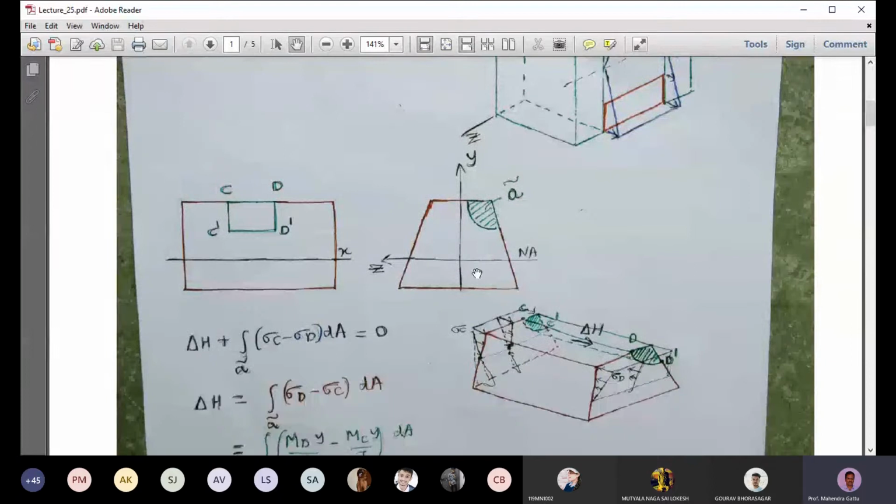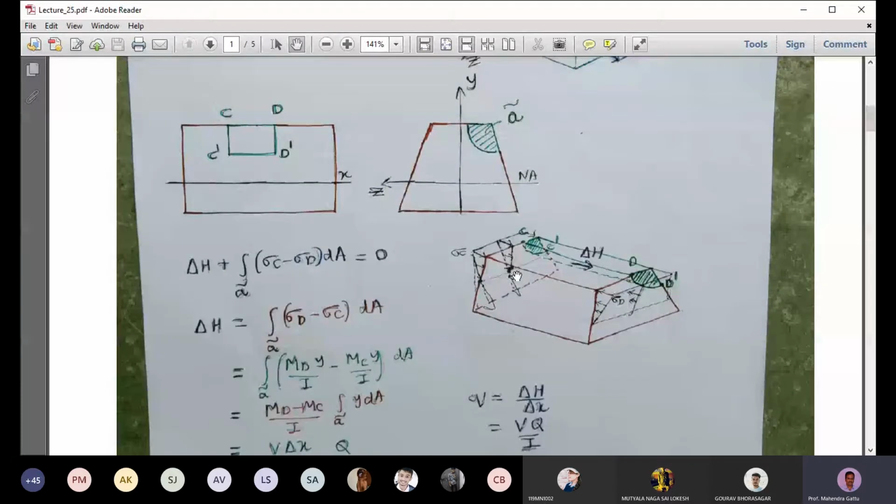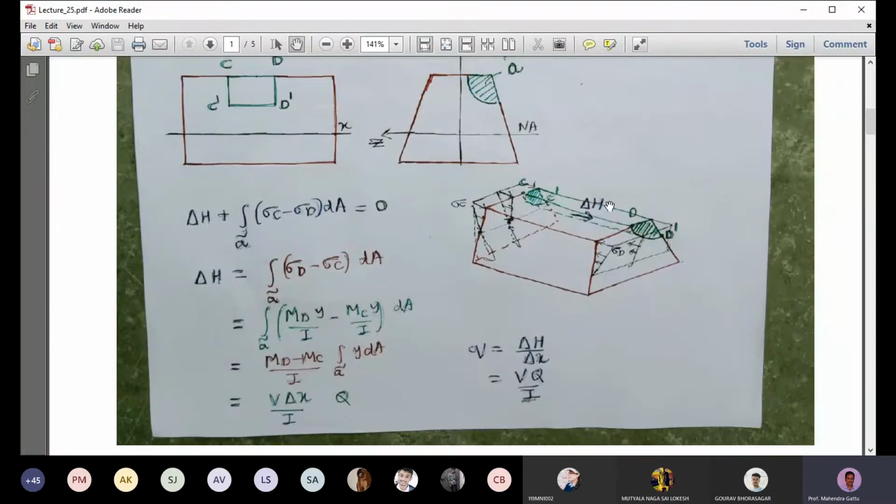So what we will do, again we'll sketch the 3D view, and then we have our neutral axis here, and for the other side the neutral axis is there, and we have our bending stresses indicated by sigma d. So they are 0 here, and maximum value will be at the top fiber, and similarly sigma c is 0 at the neutral axis and maximum at the top fiber. So we are doing that force equilibrium in the x direction. So this portion, which is the circular segment, we are cutting it and we are looking at the free body diagram.